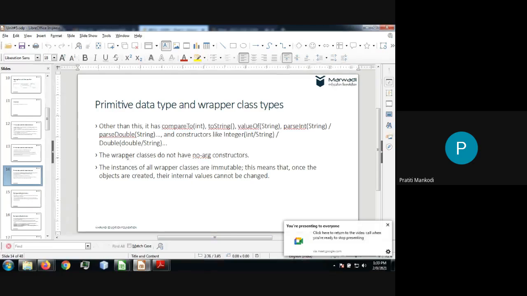Okay. So all the instances of wrapper class are immutable. Now what is immutable? I will explain that in a later part of this unit when we do the string class, right? But just remember right now that once the value has been assigned to a particular object, we cannot change that. So integer values cannot be changed. Fine.